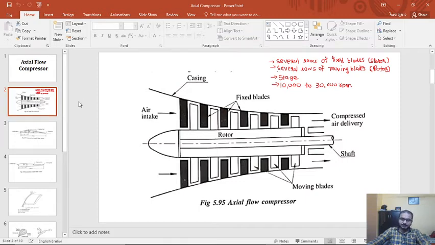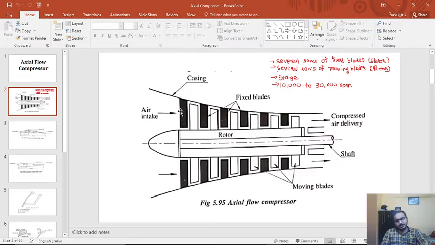So here we understood why an axial flow compressor is required first of all. We discussed that the efficiency of centrifugal compressor is comparatively low. Second is that with the help of axial flow compressor we can get larger pressure ratio as well as high thrust per unit frontal area, and multi-staging in axial flow compressor is comparatively much easier than in case of centrifugal compressor.